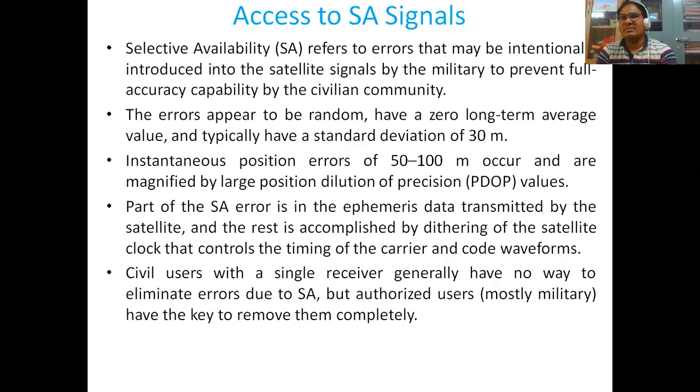Of course, selective availability we have learned enough times. So what is selective availability? The process of making the signals available only in specified directions, and in other directions they are nullified, because enemies will try to send unwanted signals to disturb the intended receivers. So the selective availability technique is implemented here. Of course, this was withdrawn in the year 2000. Earlier it was there, but later it was withdrawn.